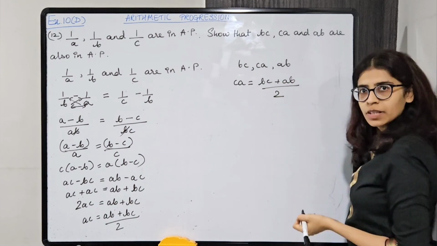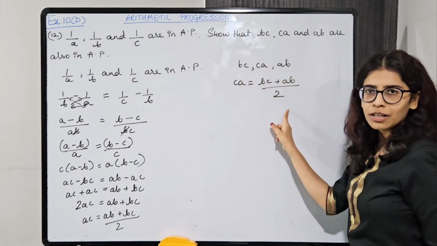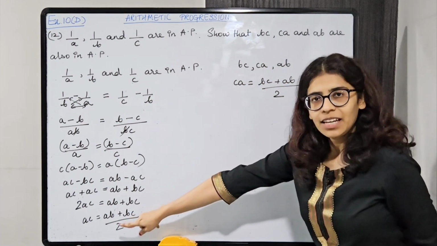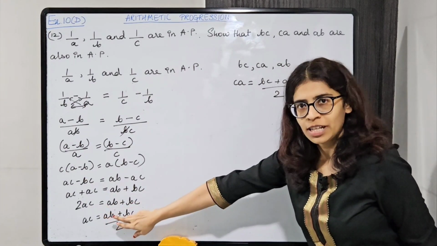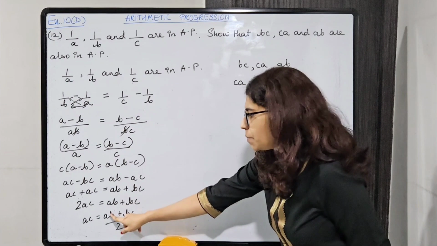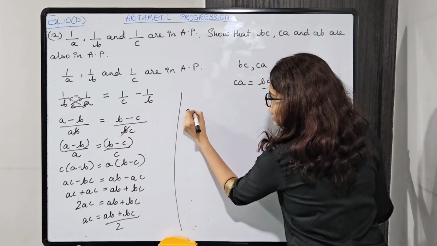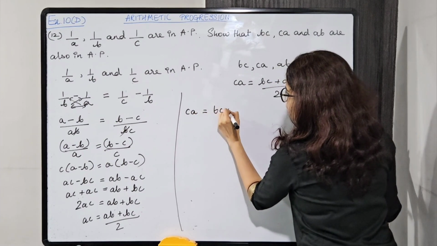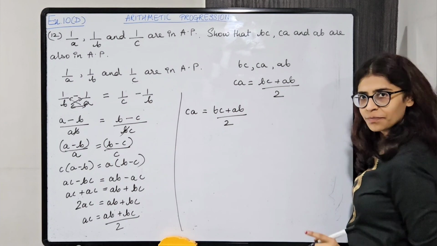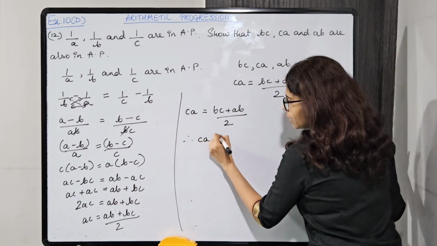We just saw this in the beginning, right? सो ये मुझे अचीव करना है. एम आई गेटिंग दैट? यस. सी ए की जगह ए सी लिखा हुआ है, वील जस्ट चेंज दैट, रीअरेंज द टर्म्स. बी सी प्लस ए बी है तो बी सी प्लस ए बी रीअरेंज कर लेंगे. सो वी आर गेटिंग CA is equal to BC plus AB upon 2. Just rearrange the terms and write down. Okay, therefore CA is the